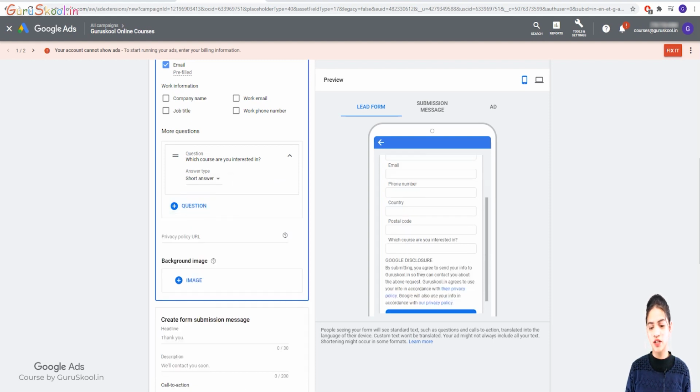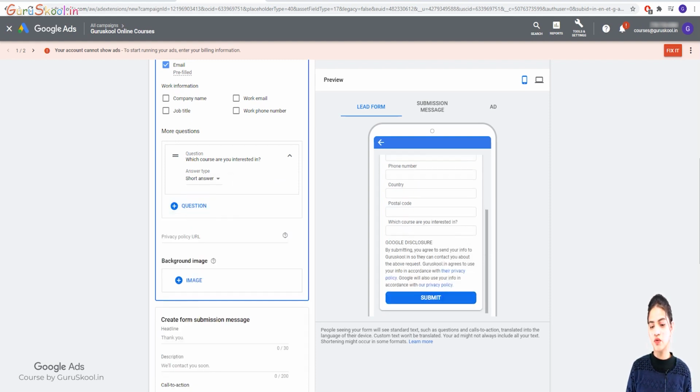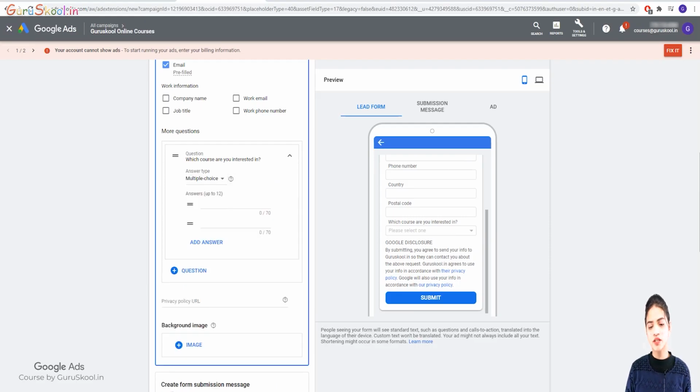Then you have the option multiple choice or short answer. If you go for short answers, this is how it would look like. Which course are you interested in? And the customer will type here. If you go for multiple choice, then you can give the choice to them. There is a dashboard, a kind of list. And once he or she hits on that drop down menu, you can give them options. Suppose just like I'm giving the options of website